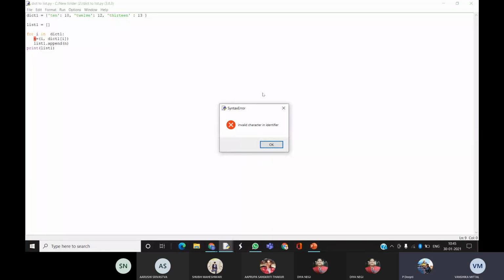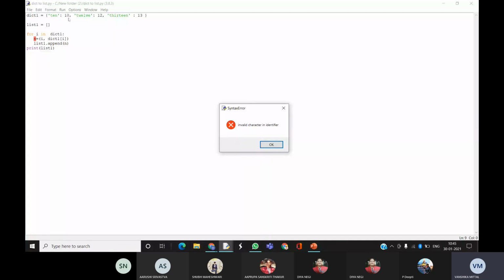For I in dict1, what exactly are you wanting to do here? Ma'am, first of all, I'll create this element K is equal to I comma dict1 I. So it will take I as 10 and then dict1 I. Dict1 10 has the value pair 10.